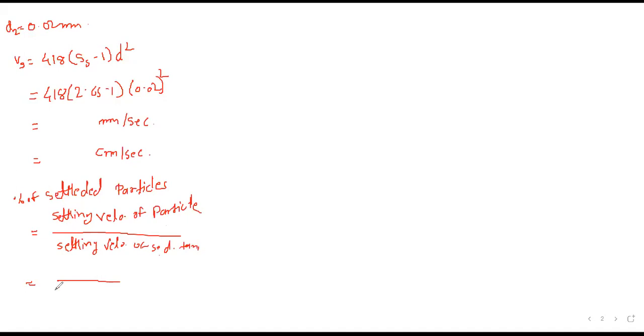The settling velocity of the sedimentation tank is 0.111, and here also multiply into 100. Someone has taken out the answer, let me check. 0.0275, okay, it is in centimeter per second. So the answer here is 0.276 and here in a 0.02